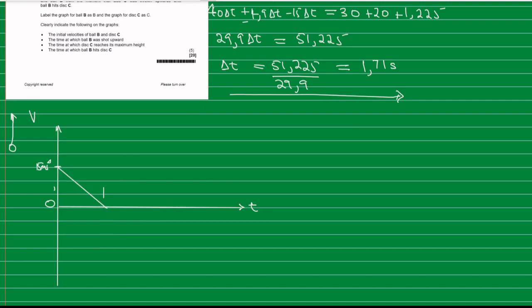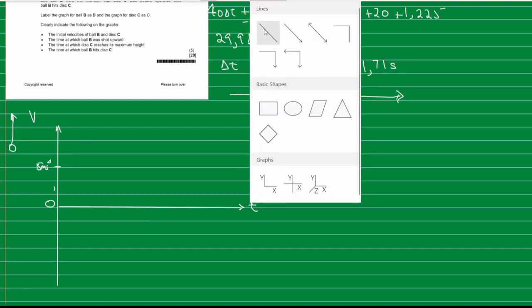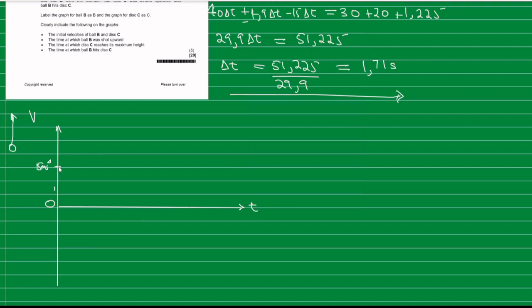Okay, let's do that. So basically we are going to have a straight line that goes like that, to that point. The point at which it is going to cross the x-axis, that is where it reached the maximum point,